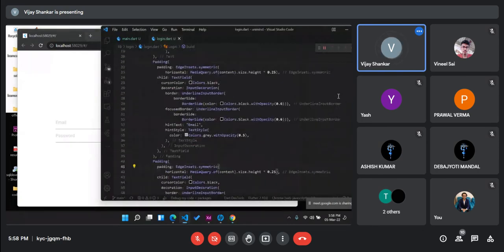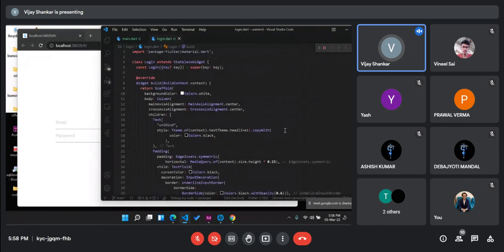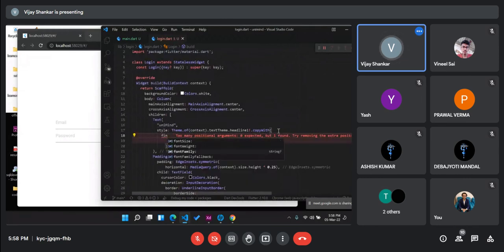So let's add the fonts which have been imported. For the text style, we will use fontFamily, and